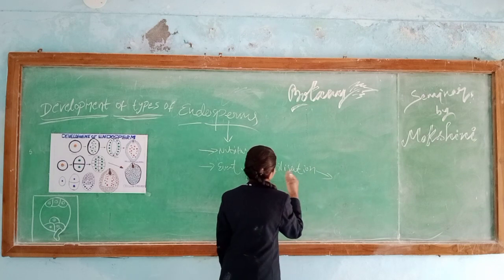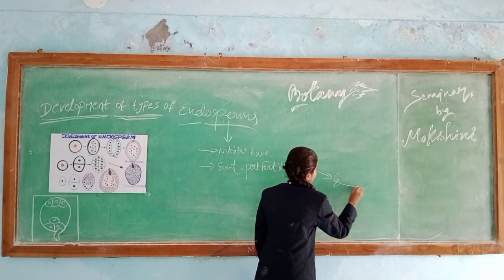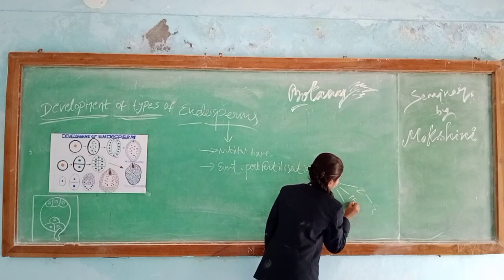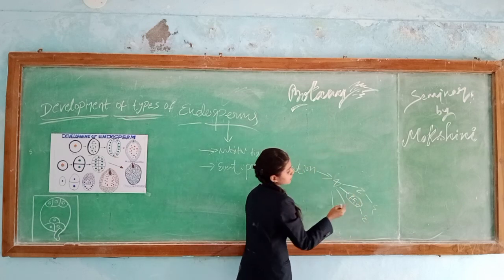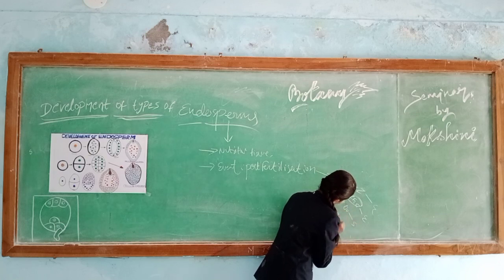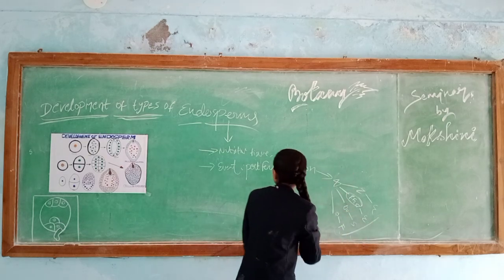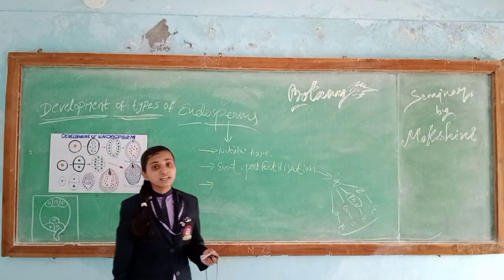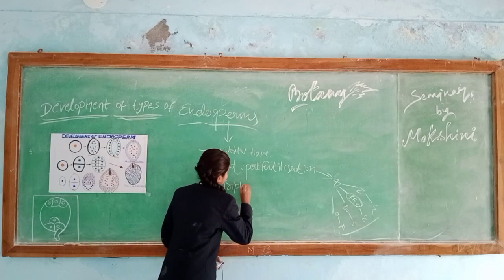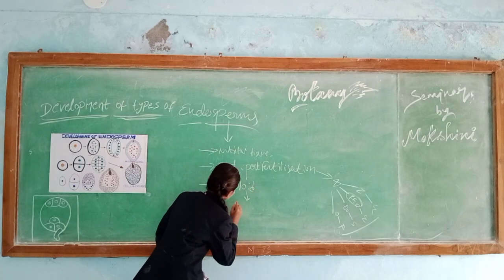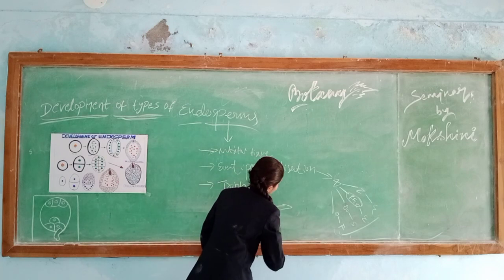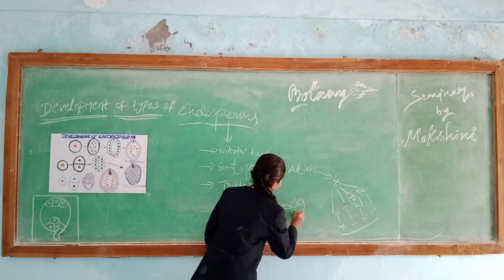We know what happens in post fertilization. It mainly consists of four processes: conversion of zygote into embryo, and conversion of PEC into endosperm. PEC here is nothing but primary endosperm cell, and ovule into seed, ovary into fruit, right? So in angiosperms, mainly triploid type of endosperm is found. Triploid means triple fusion occurs and results in the formation of endosperm.